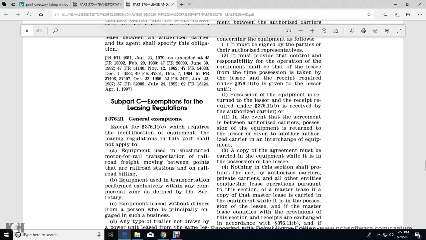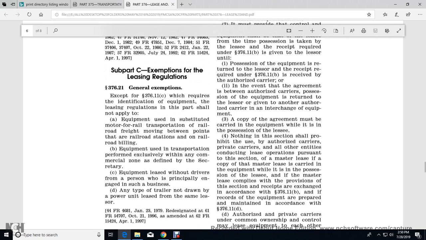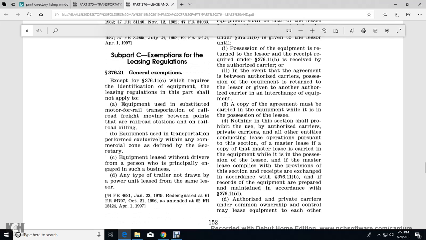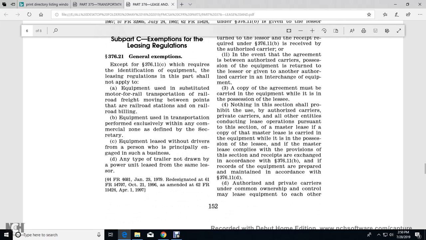In the event of the agreement between the authorized carriers, and possession of the equipment is returned to the lessor, given to another authorized carrier of the interchange of the equipment. 3. A copy of the agreement must be carried with the equipment while it is in the possession of the lessee. Nothing in this section shall prohibit the authorized carrier or private carrier's other entities conducting the leasing